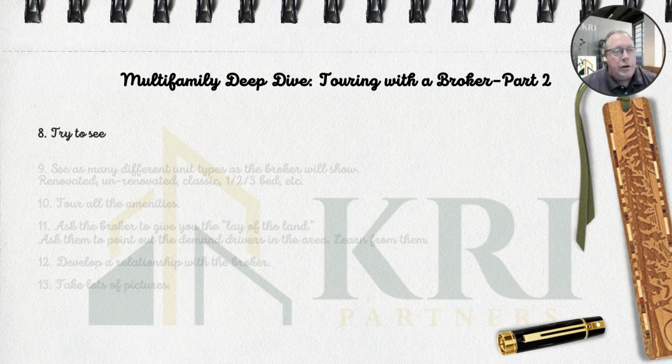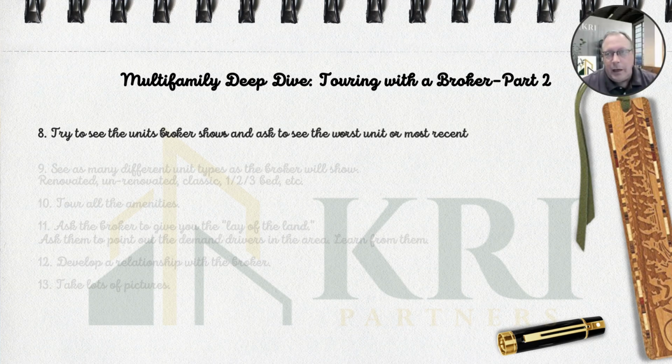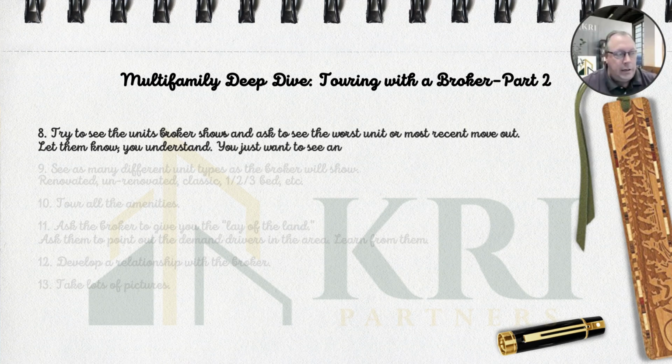So the broker is going to show you, he or she is going to likely have a standard walk path. That's just what they do, right? You're probably not their first tour. If you are their first tour, they may not have done much to prepare, but most of the time they figured out how they're going to tour you. They've already predetermined what units they're going to show, and they're just going to ask for those keys, most likely